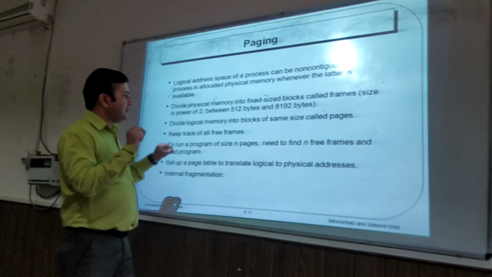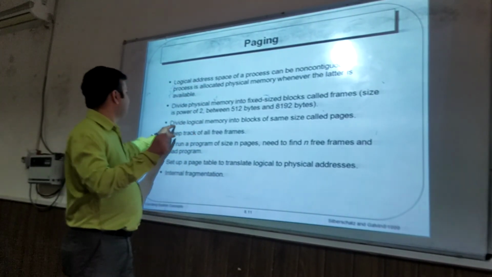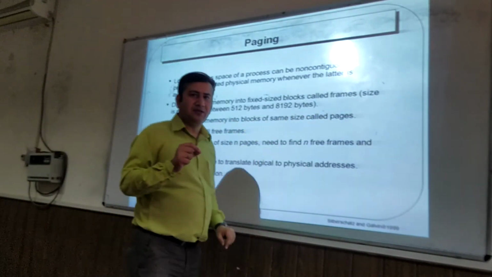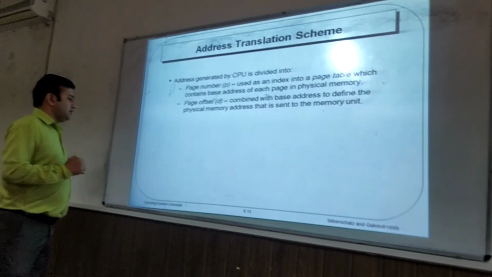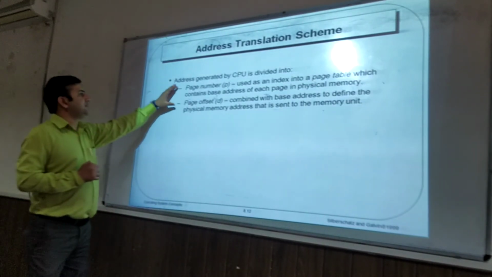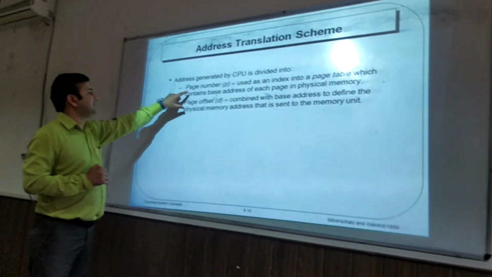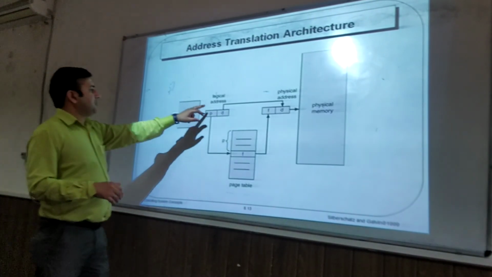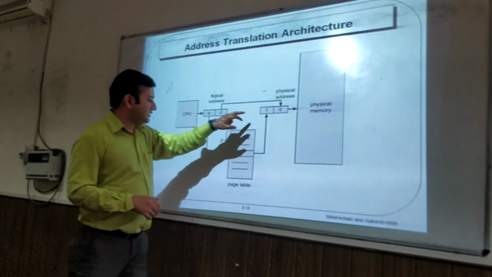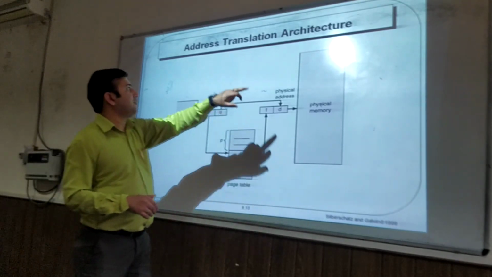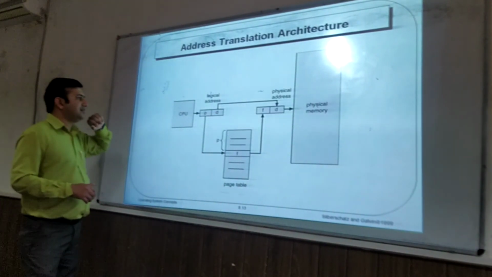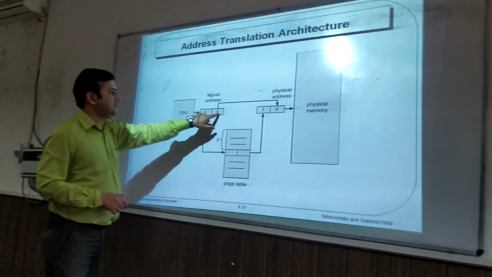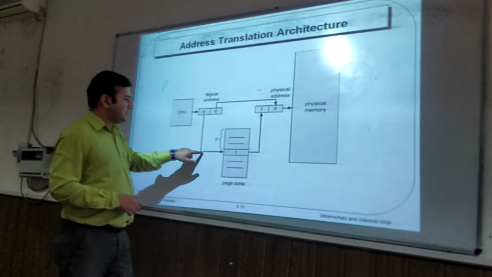A page is logical, meaning we divide logical memory into blocks of the same size, called pages. There we can define the page table using page number and page offset. This is the logical address and this one is the physical address. Using this diagram we can understand the address translation architecture. The CPU generates a logical address, and this one is the page number, this one is the offset. Using this page number we can